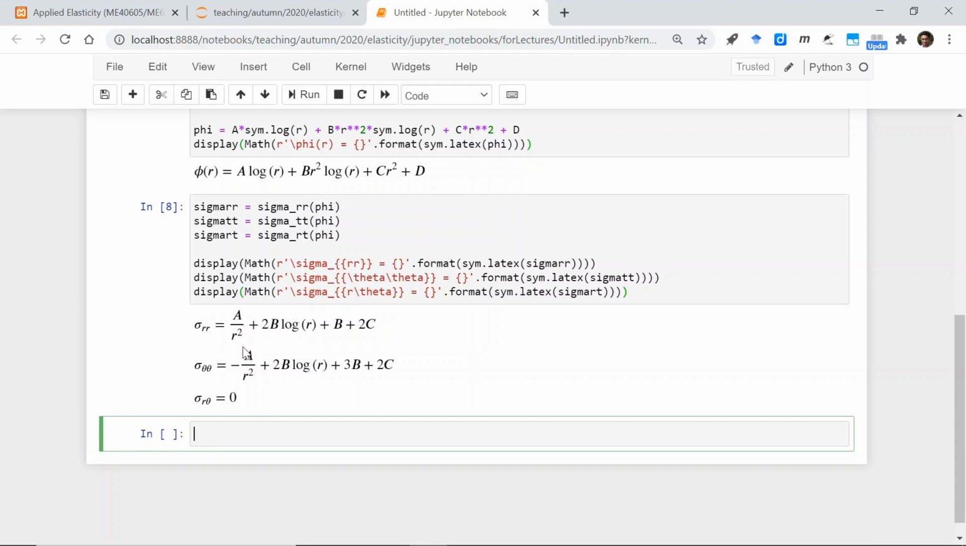Both these terms have this 1 by r square and log r term. Now, at r equal to 0, these two terms are problematic. They tend to minus infinity. So this log r tends to minus infinity, and 1 by r square tends to infinity. Now, because we are dealing with real situations and we do not expect our stress values to spike like that